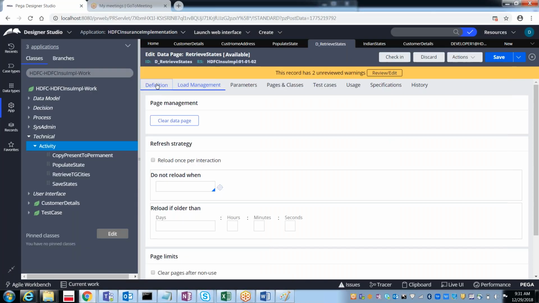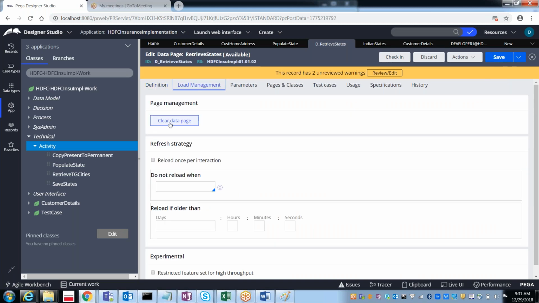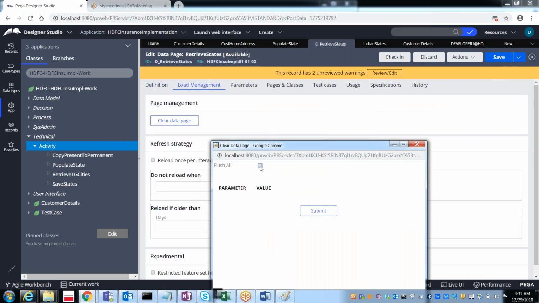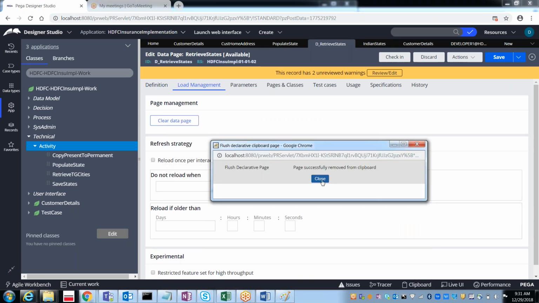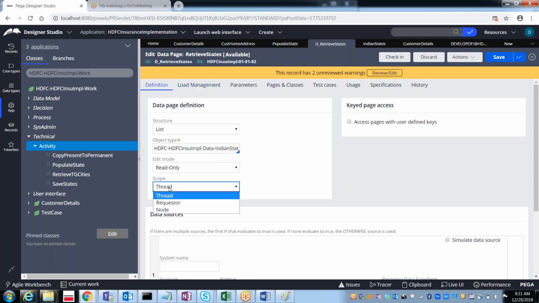Now in the same way, you can remove the thread. Select the thread, save it. From the load main element, you can clear it. Flush all, submit. Removed successfully, close. So this time we removed it from the thread. And in the same way, node also.